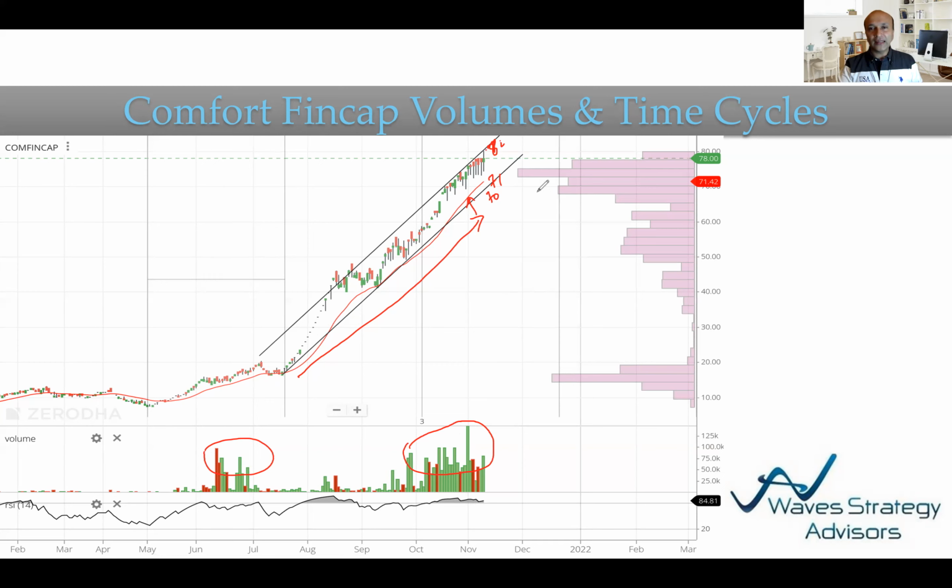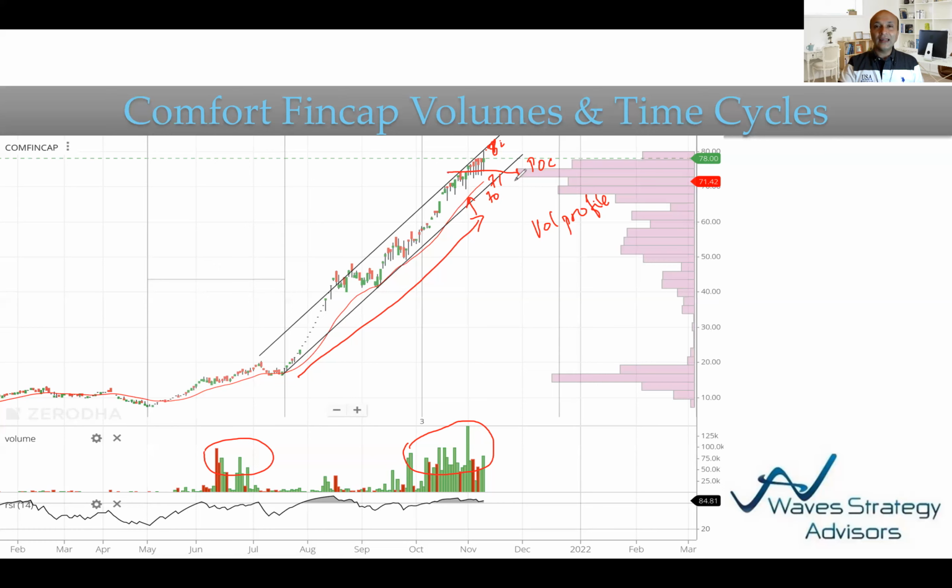For that we have applied, on the right hand side you will see, what is known as the volume profile. It states that the point of control, which is the area where the highest volume has taken place, is in the zone of 74 to 73 level. That's the zone where the highest volume has taken place, and prices are sustaining above that high volume zone. It is sustaining above the point of control, which is a positive sign so far. So as long as this 70-71 is protected, the stock looks to be in a positive trend. Once this 70 level breaks, it will indicate something has changed.